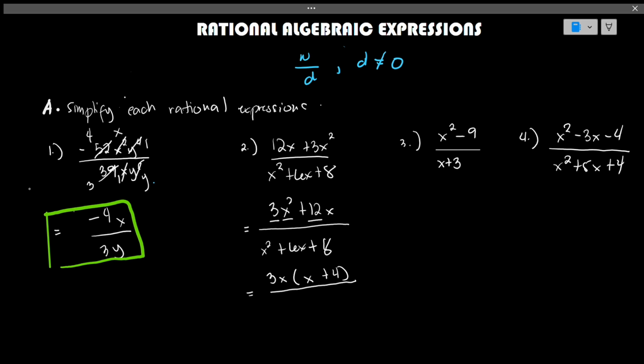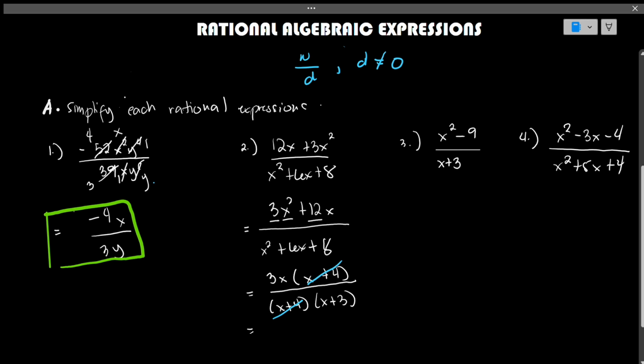The factor of that will become, what are the two numbers whose product is 8 and the sum is 6, which is x plus 4. Then we have x plus 3. Now, after ensuring that all of the terms are already written in a factored form, that's the time we need to cancel all of their common terms. As you can observe, the common terms here are x plus 4 and x plus 4 here. And as you can observe, there are no longer common terms.